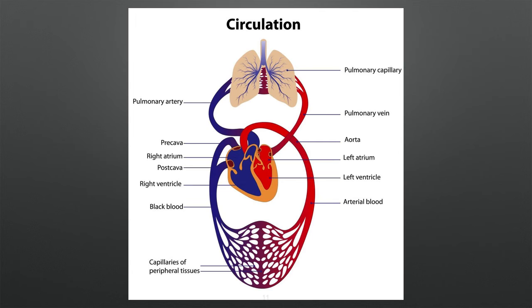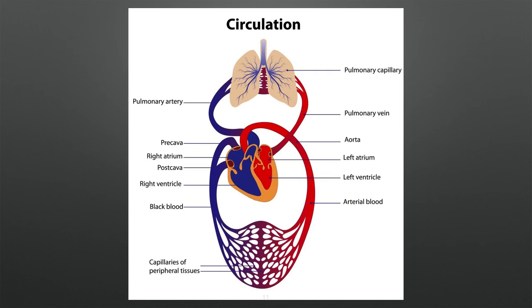the right auricle, also called right atrium, is carrying the deoxygenated blood. It receives the deoxygenated blood via vena cava, that is the superior vena cava, or pre-cava, and the inferior vena cava, or post-cava. So the deoxygenated blood that is received from vena cava from the entire body is transferred to the right atrium. From right atrium, the tricuspid valve opens and the blood enters the right ventricle,